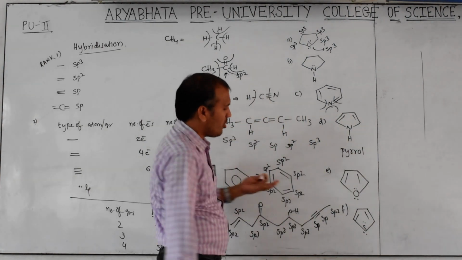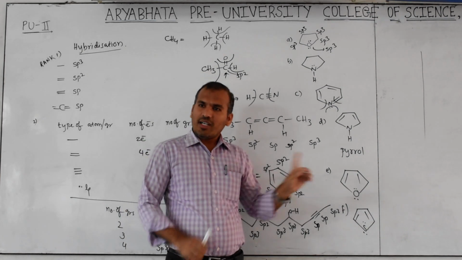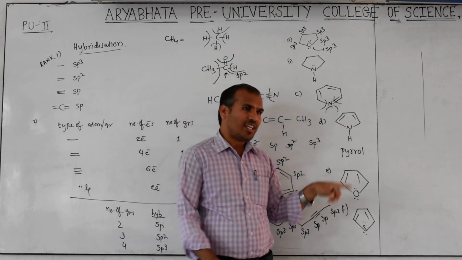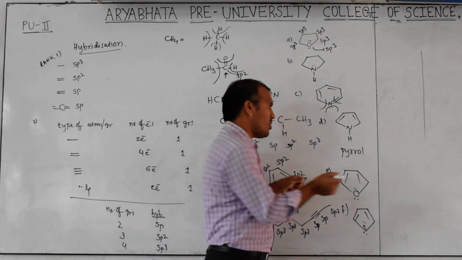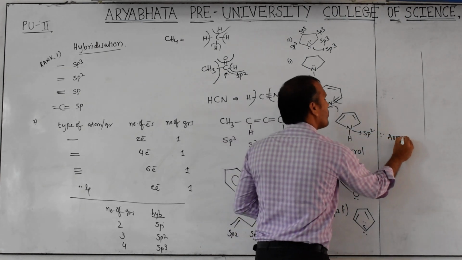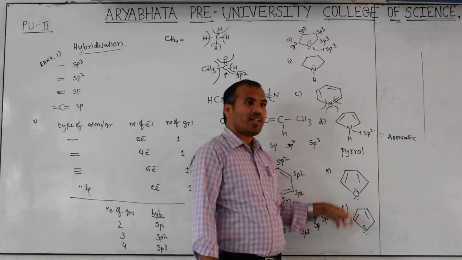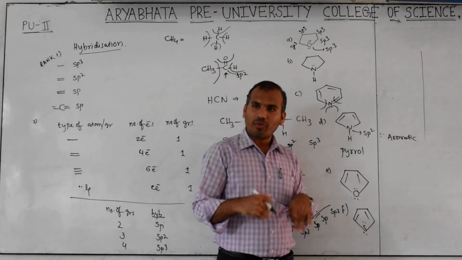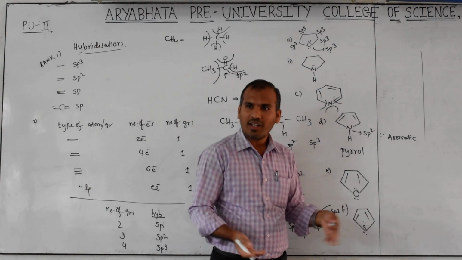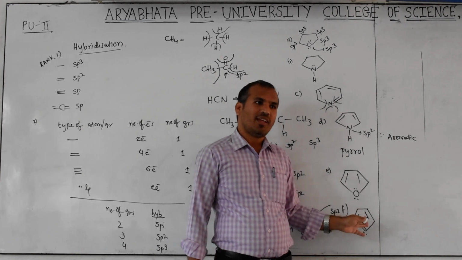Now I am placing the lone pair also for your understanding. Come on, tell. If you want to answer this, you should know whether these are aromatic or not. Because of this condition I explained, this is aromatic. That's why this nitrogen is sp2. The reason is aromatic. Then to explain these two also, you should know whether these are aromatic or not. Then only we can answer. If aromatic, then the hydrogen, oxygen and sulfur are sp2. If not, then whatever we get according to the rules is the answer. So these two are aromatic only.